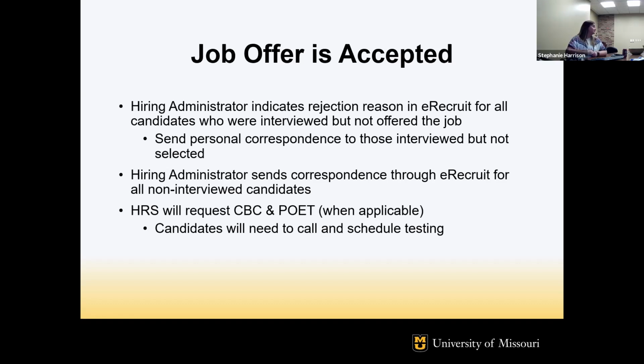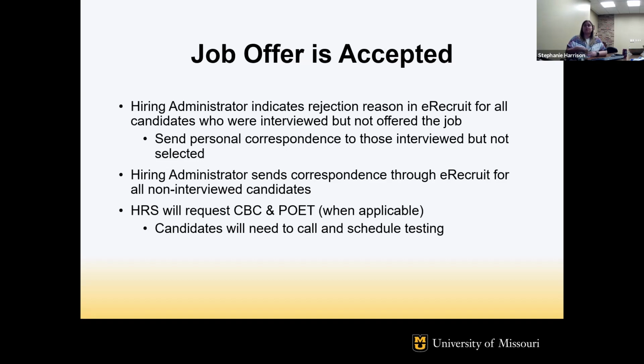We have applicants that complain about not getting hired or interviewed two to three years down the road, and it's really hard to compile that information because sometimes people are gone. If we can see it in the system and say, this is why this person wasn't selected, or at least say, these are the people who were interviewed and these are their credentials, and we can just send that to the people requesting the information, it makes it a lot easier on all of us.